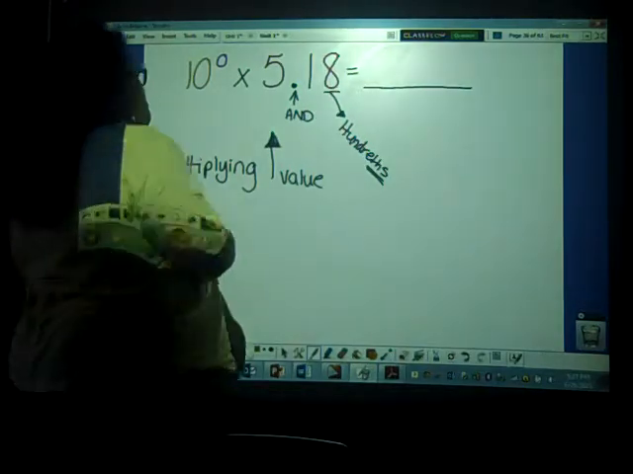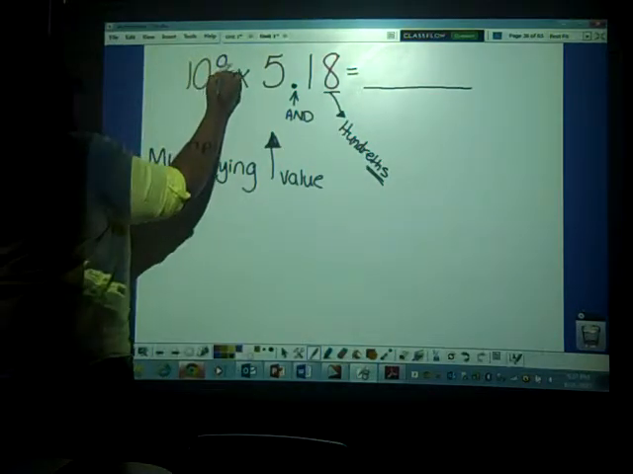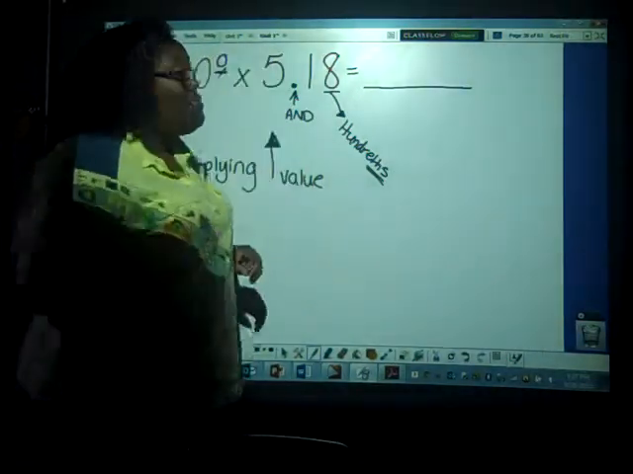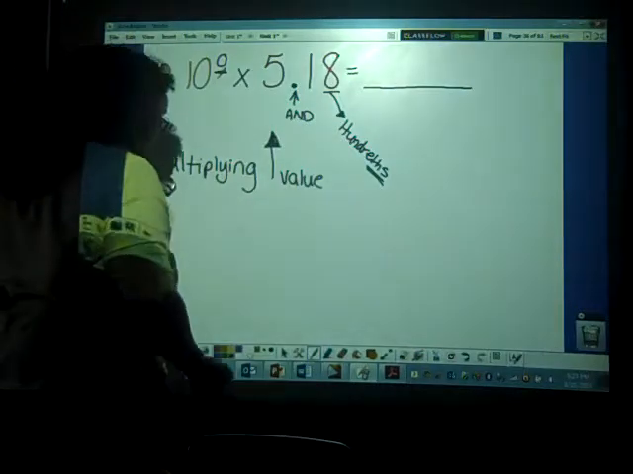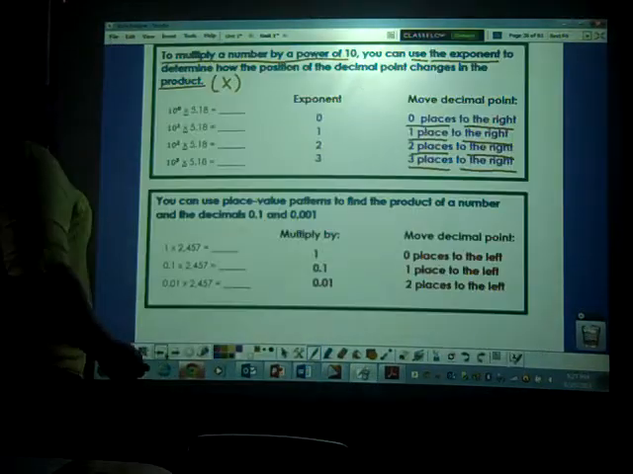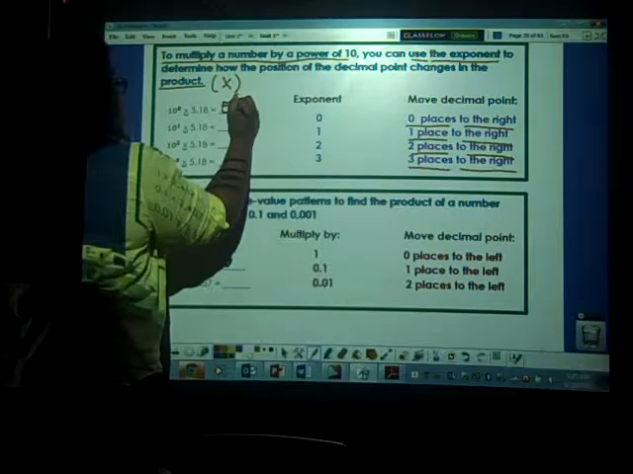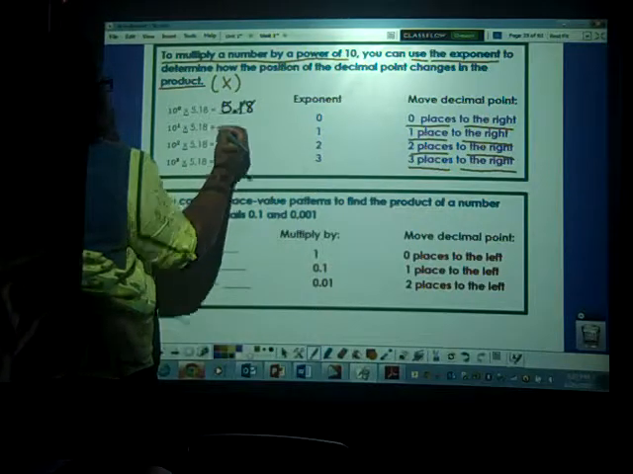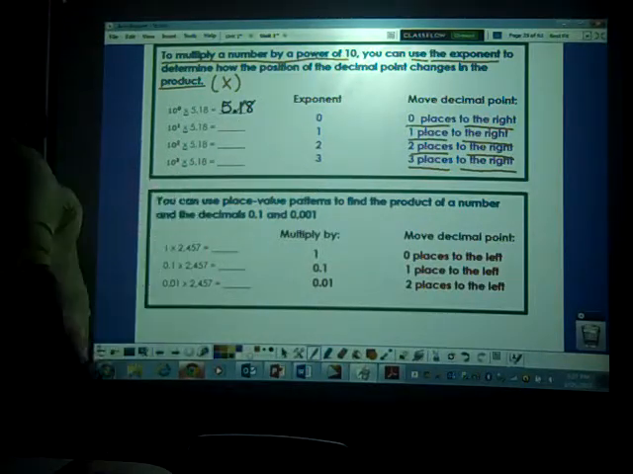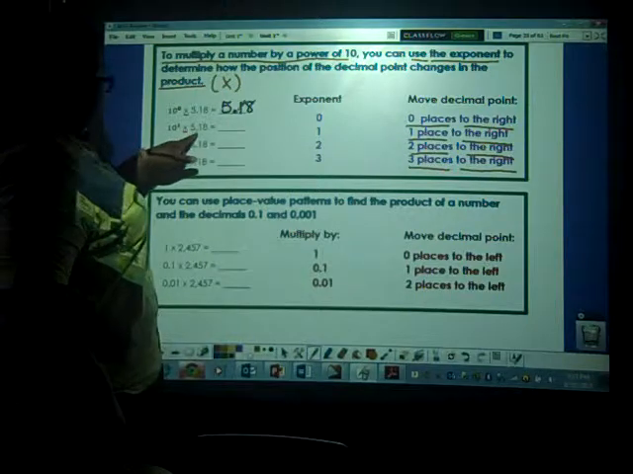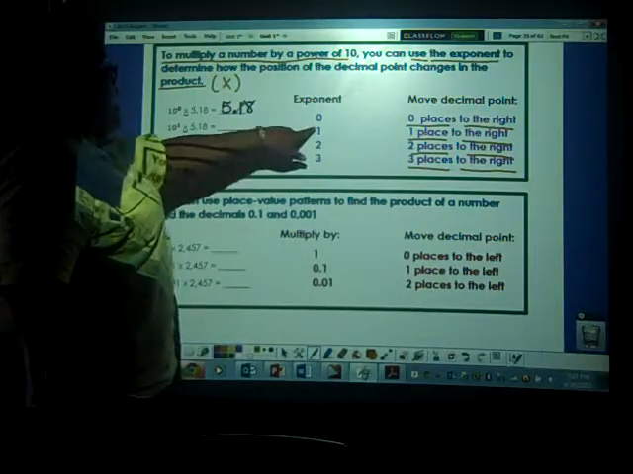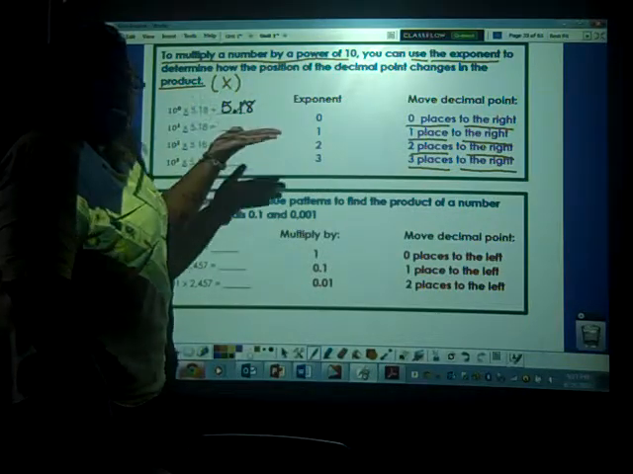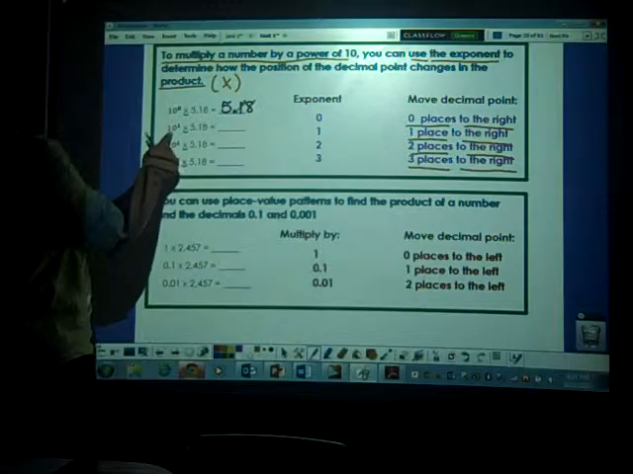Just try it. So because this exponent is 0, nothing's going to move. The decimal point isn't going anywhere. So our value is going to be the same, which is 5 and 18 hundredths. Nothing happened. Now we have 10 to the 1st power times 5 and 18 hundredths. The exponent is 1. So 10 to the 1st power is basically 10. So they're saying you're going to multiply 10 times